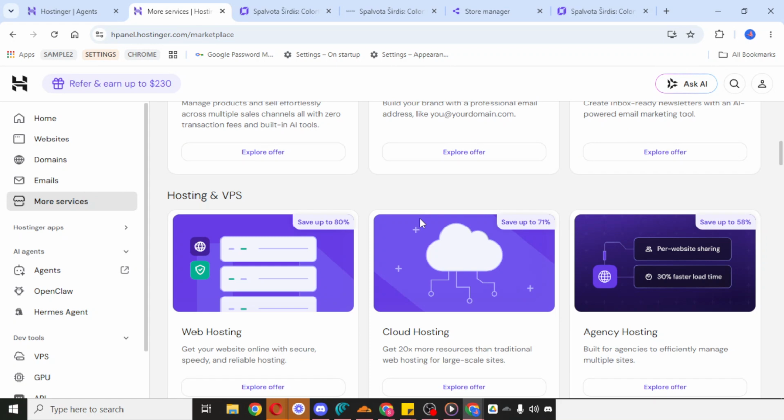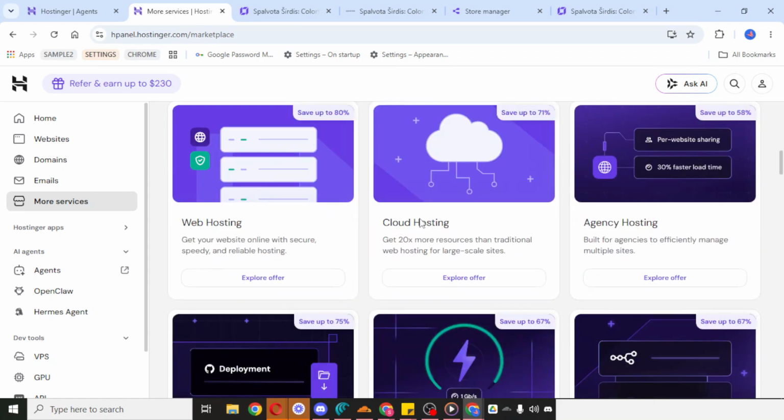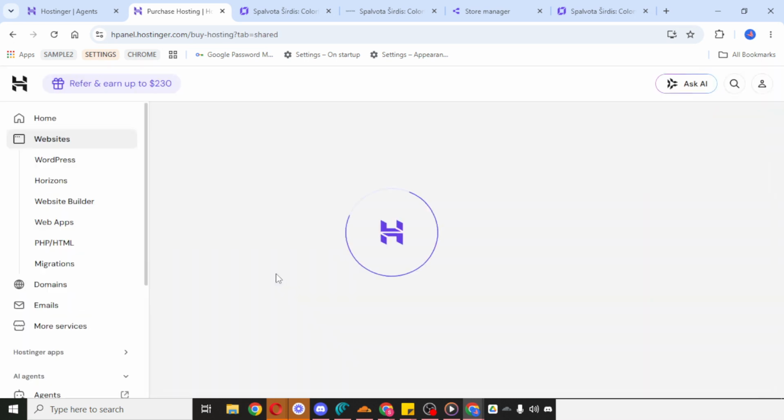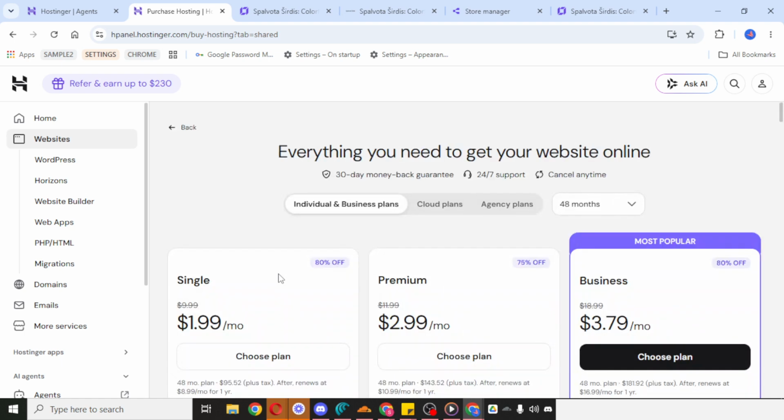When you find the plan you want, look for the billing options. You should see choices such as monthly or yearly. To pay month by month, simply select the monthly option. This is the key part of the process because some platforms highlight yearly pricing by default, so make sure the monthly billing cycle is actually selected before moving on.